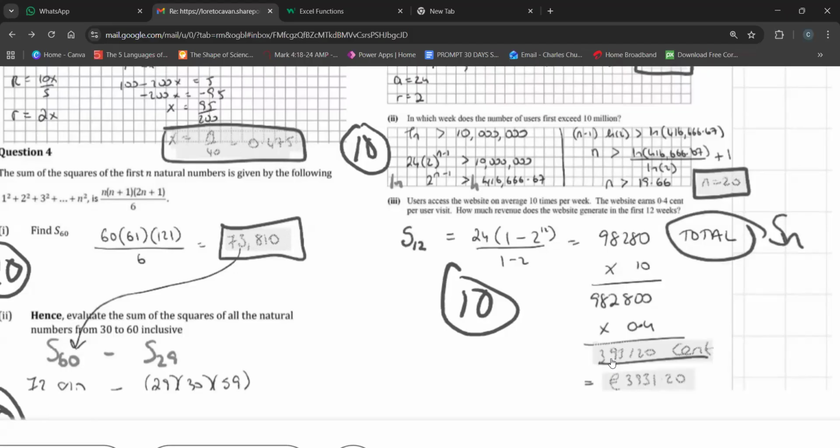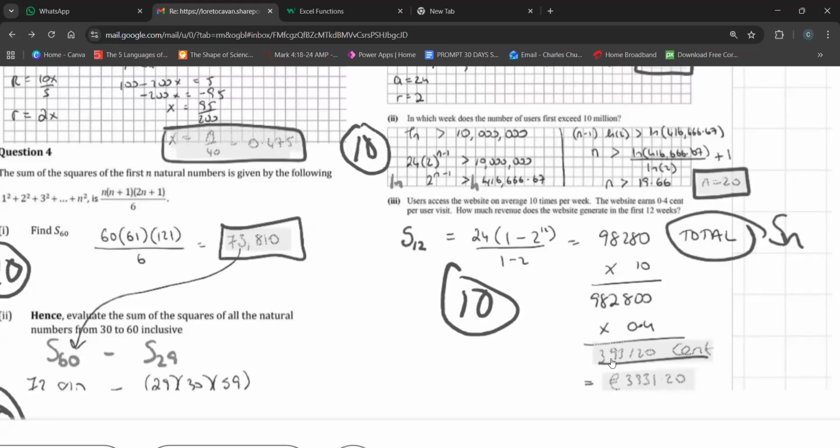Okay, so you know what I can see that's going on here. For us to find out what revenue was generated in the first 12 weeks, right? We need to know how many users, the total number of users there were in the first 12 weeks. Do you agree with me? Yes. So the whole idea is that if we can find the sum of users in the first 12 weeks,